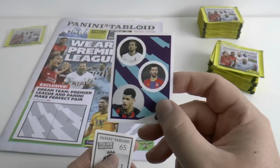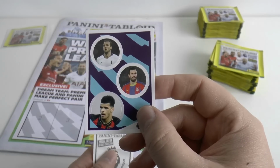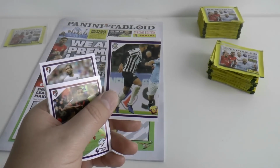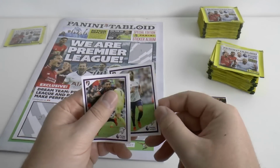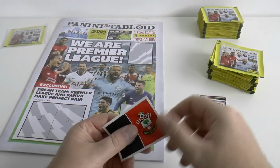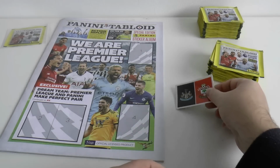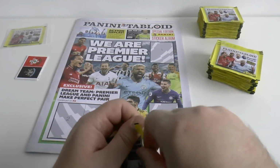Yeah, so there in number 62 is Harry Kane, for example, with the Palace and Bournemouth player in the doubles. Then you've got an action shot. They're going to return these action shots. This one's going to be the Manchester City one. Can't see who that is yet. It's probably Aguero, I would guess, on that action shot. Then you've got the Bournemouth away kit player there. You've got Callum Wilson, and these, which are our favourites so far, the badges, Newcastle and Southampton. Very cool. I like those badges. Let's pop the ones we've sort of ready to stick in over there and head on to our next packet,